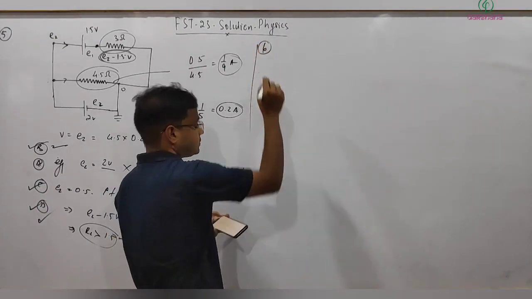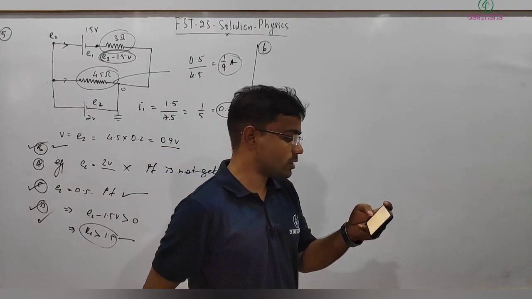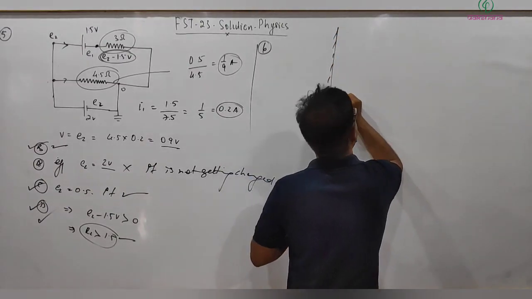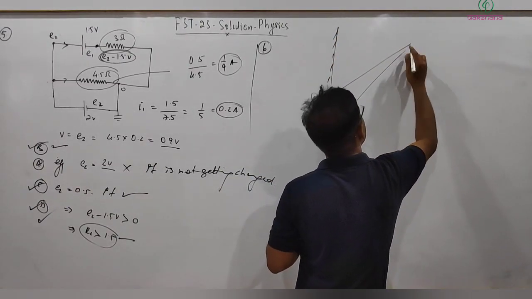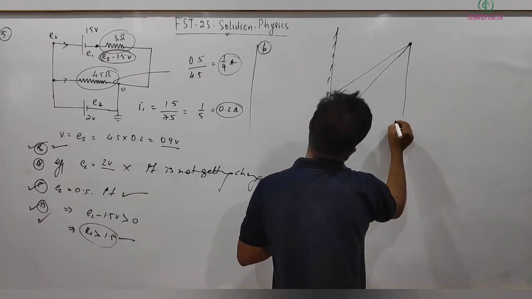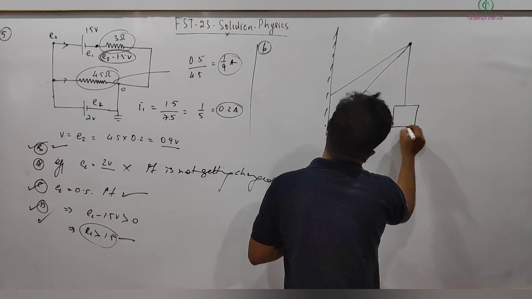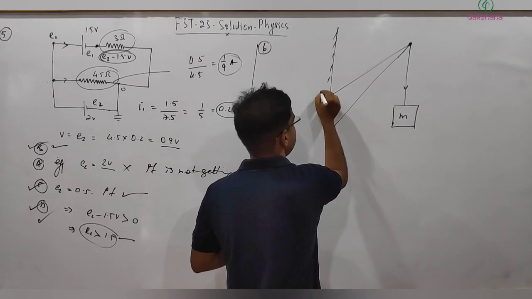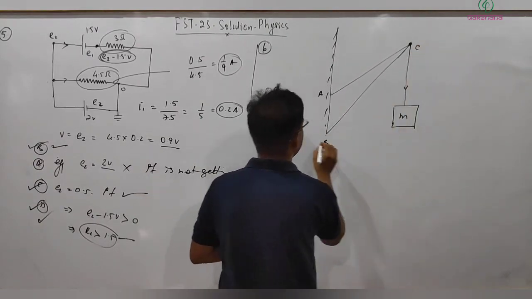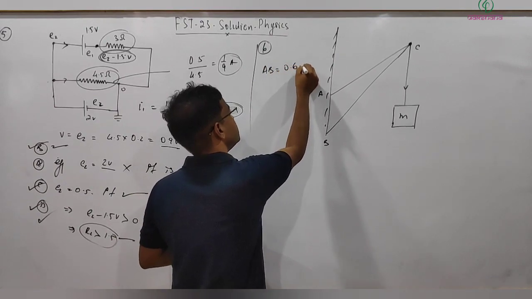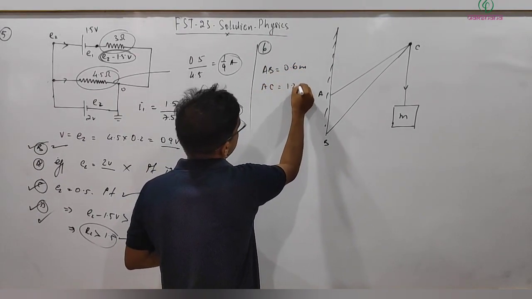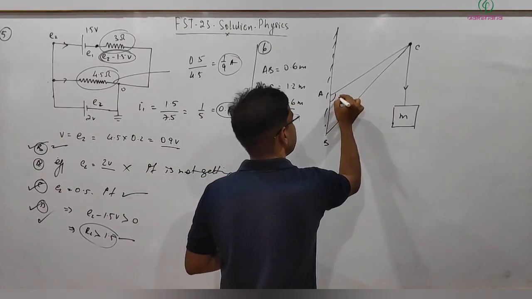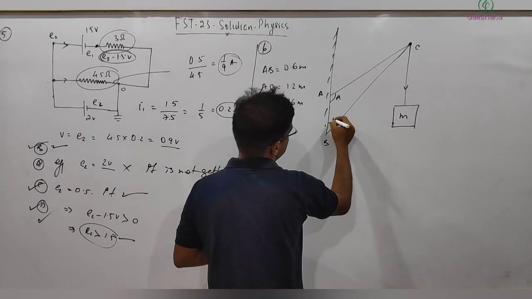Question number 6. Find the force in the hinged rods BC, AC and so on. A diagram is given to you, and let's say the mass is M. So mg is acting and the lengths A, B, C and everything are mentioned. AB is equal to 0.6 meter, AC is 1.2 meter, BC is 1.6 meter. So if I take this angle as A, this angle as B, this angle as C,